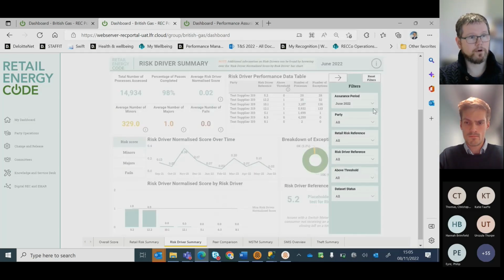So similar to before, we've got the assurance period and the parties we talked about. Obviously, you can then drill down not just to risk, but to risk driver level. Again, we've got that above threshold indication, and the current or prior data set. So for each period, there's always a current and a prior. So for June, there's a current and a prior. If you go back, say, to May, for example,